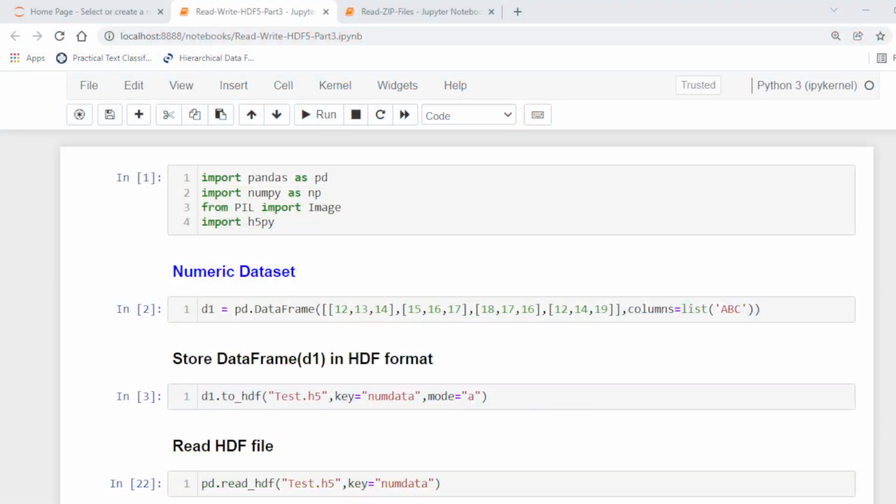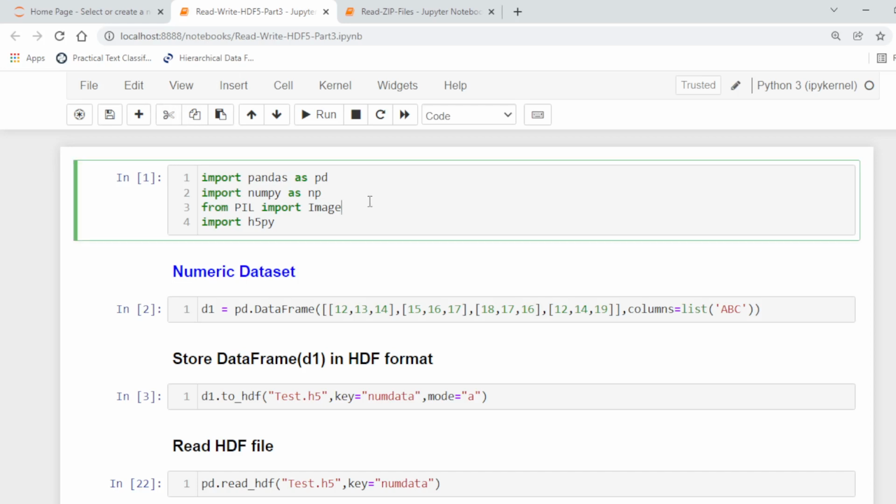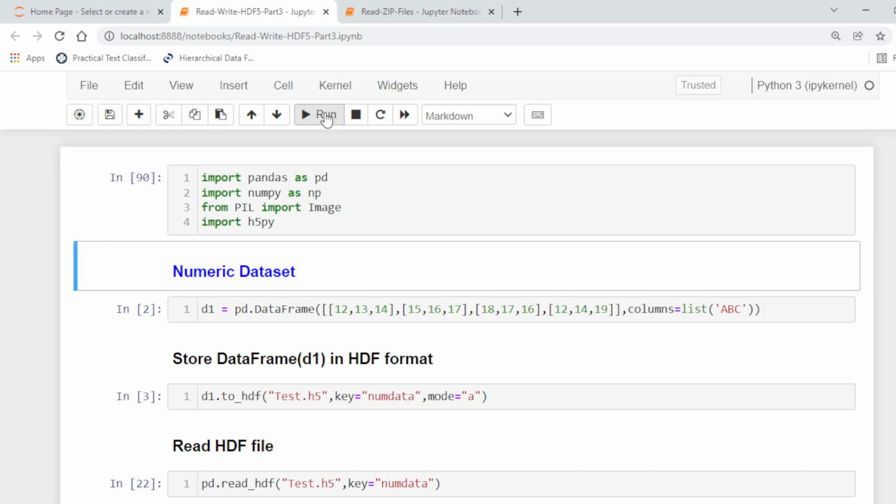First of all, to import the pandas library, numpy, and the image processing package of Python. So first of all, to load the library,